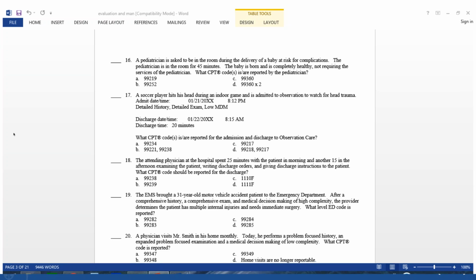He's asked to be in the room for 45 minutes because the pediatrician is asked to be in the room during the delivery of the baby. They didn't say he was delivering the baby. They just said they asked him to be in there and he was there for 45 minutes. That's considered standby services. And for number 16, that would be 99360 because